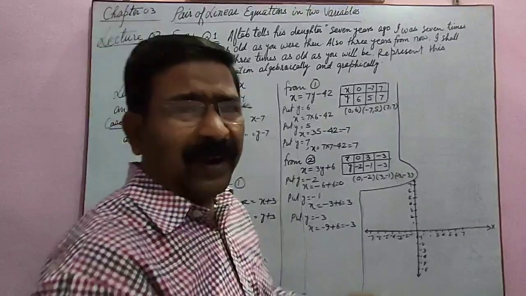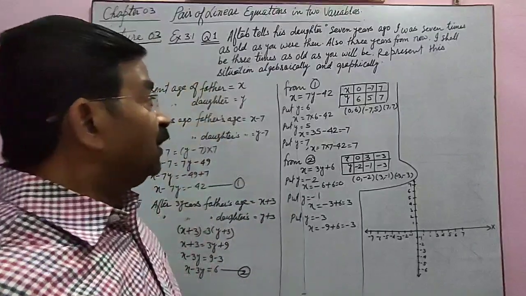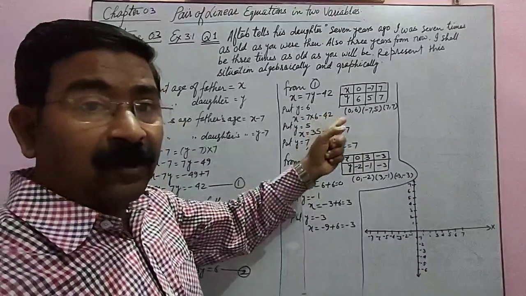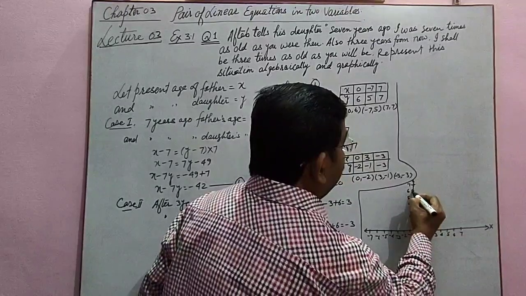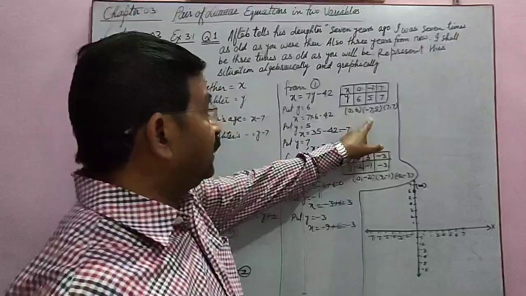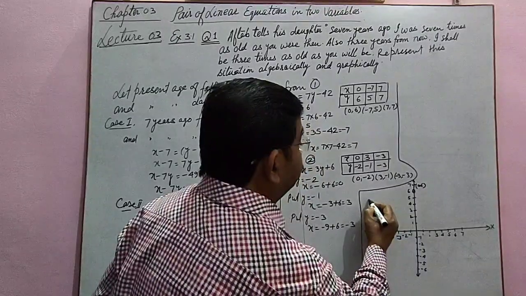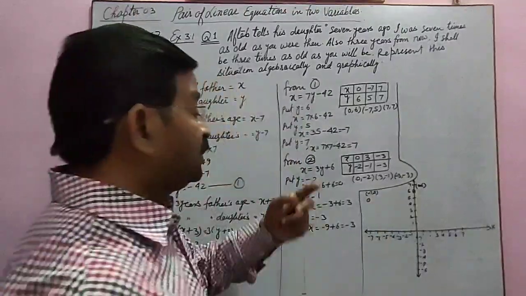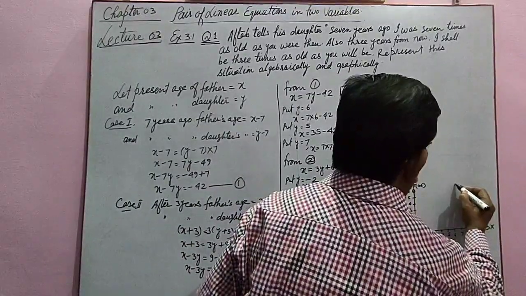Since we don't need to find the answer, we are not going to find the solution. We just have to plot the graph. Alright, let's see. I am plotting the first point of the first equation: 0, 6. X is equal to 0, y is equal to 6. This point, we have 0, 6. Another point, minus 7, 5. Minus 7 is here, 5 is here. Another one is 7, 7. We have x is equal to 7 and y is equal to 7. Maybe this point.